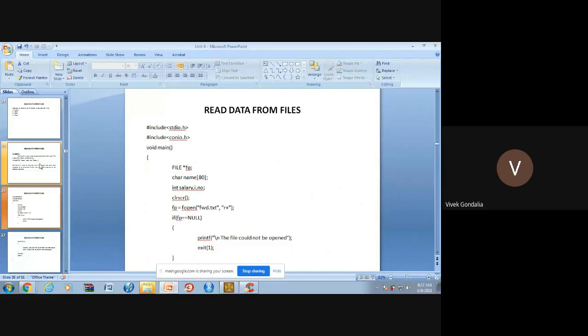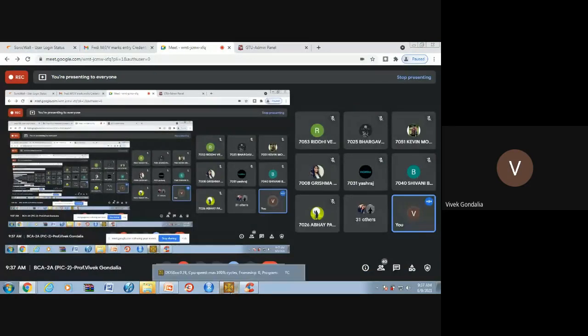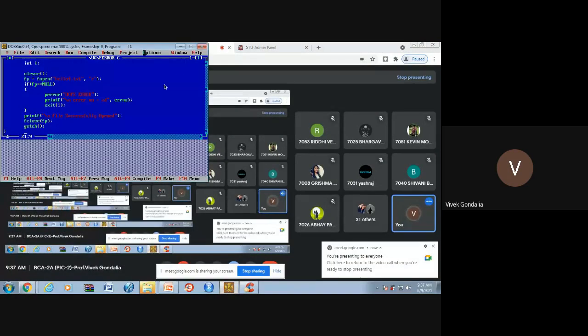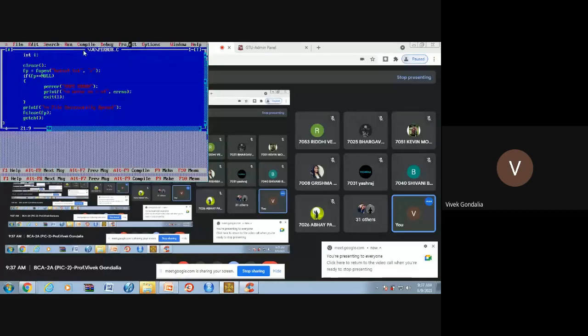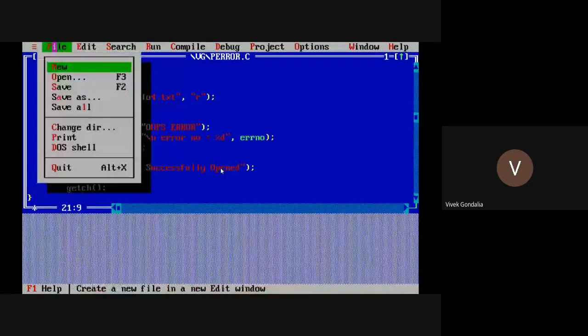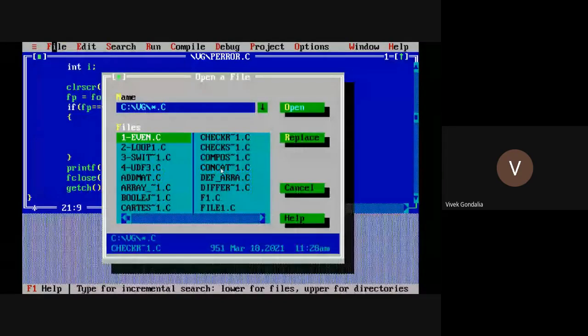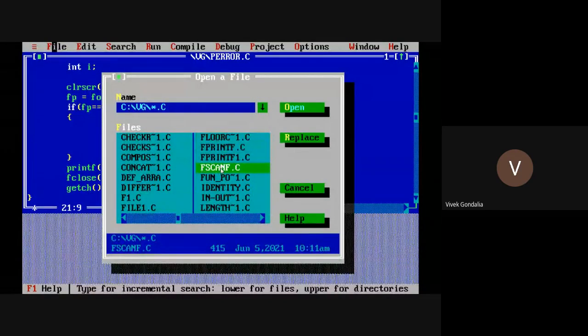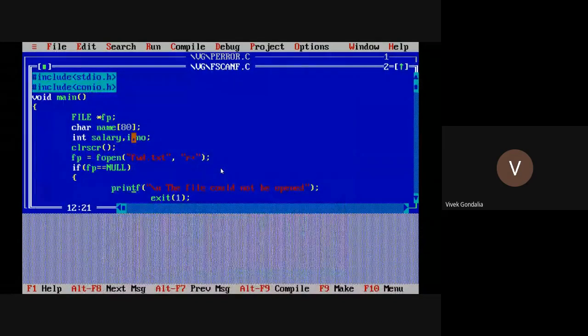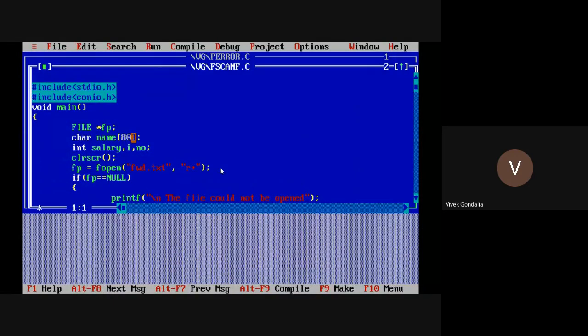So first we'll see the example. Let me first give you one example of that. The remaining part will be the same for every function, but just let me show you an example. So this is the program of it. Now I want to read data from a file and print it.